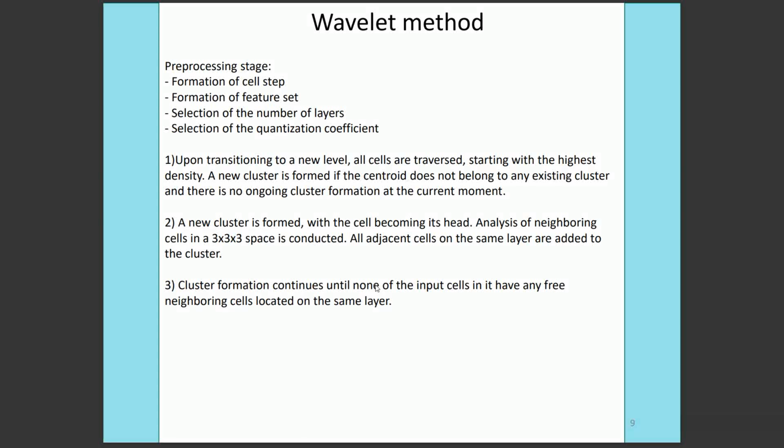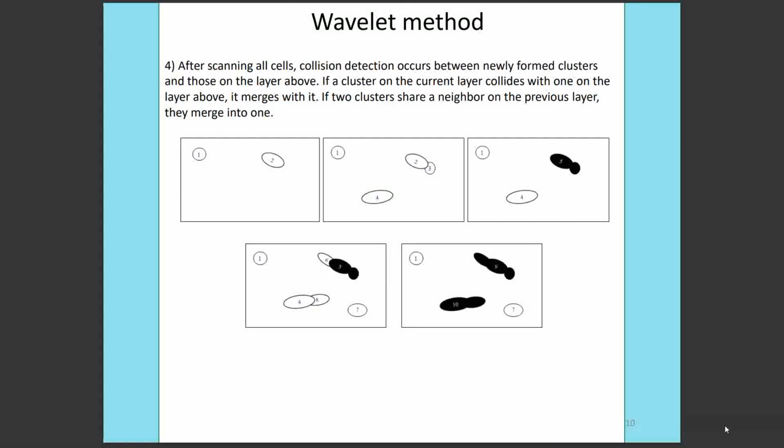B. A new cluster forms with the cell becoming its head. Neighboring cells in a 3x3x3 space are analyzed. All adjacent cells on the same layer are added to the cluster. C. Cluster formation continues until none of the input cells in it have any free neighboring cells located on the same layer. After scanning all cells,